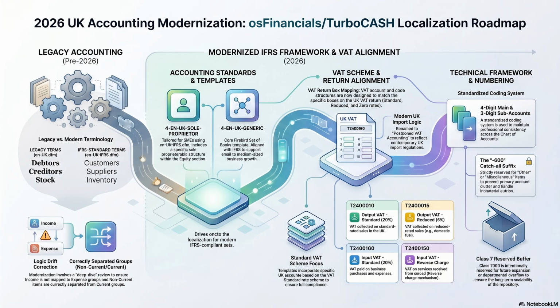To give you a visual, the chart of accounts is divided into major numbered classes. Class 1 is your assets, Class 2 is liabilities, Class 3 is equity, Class 4 is revenue, Class 5 is cost of goods sold, and Class 6 holds operating expenses. Very standard setup. But then you hit Class 7, and it is just empty. Completely blank. The entire block of codes from G7000 to G7999 is deliberately left blank and marked reserved. The documentation literally calls it a no man's land.